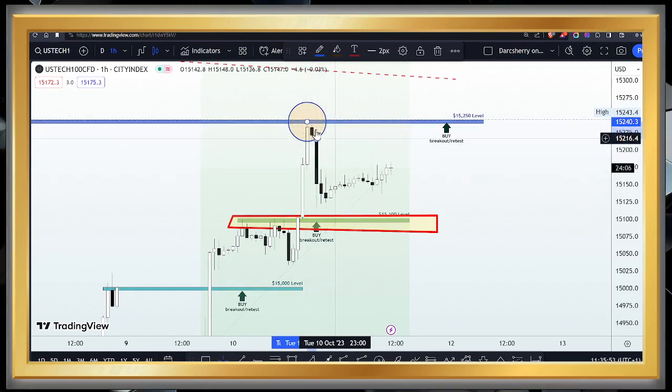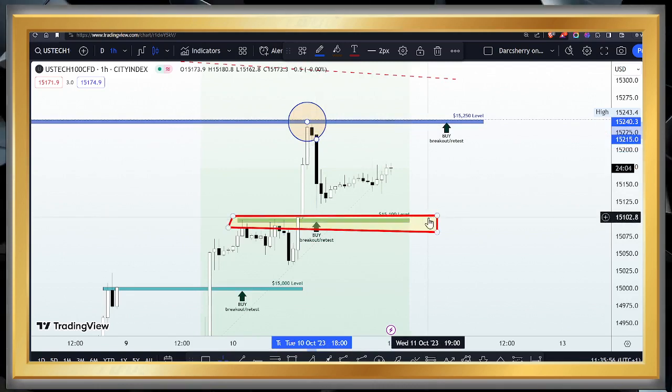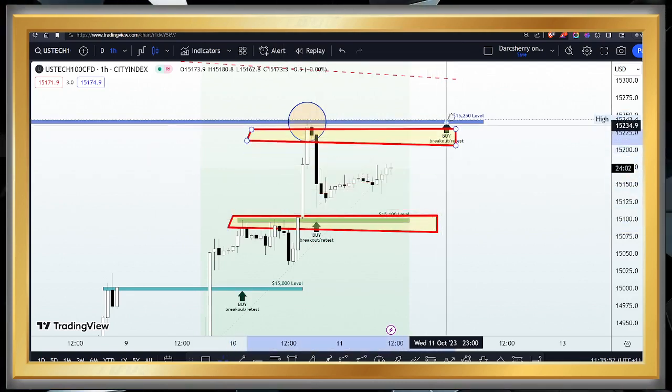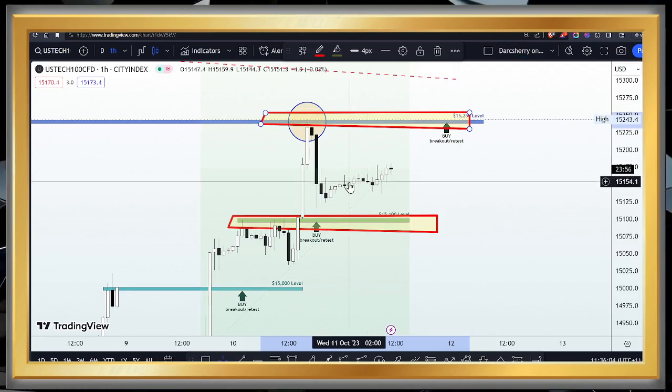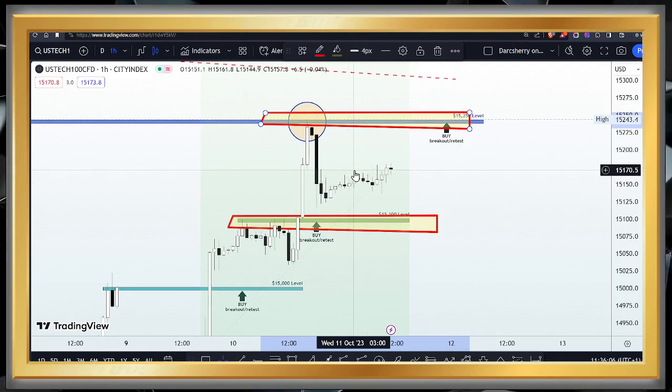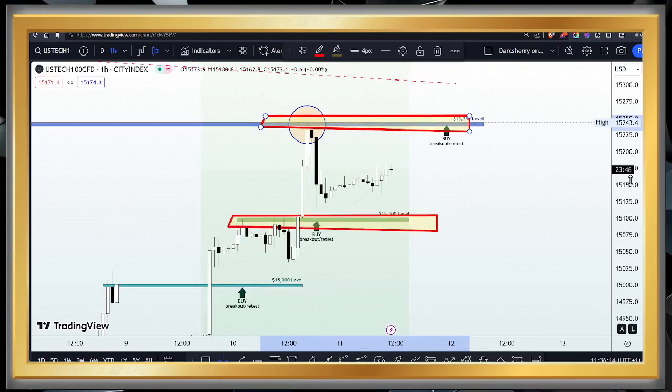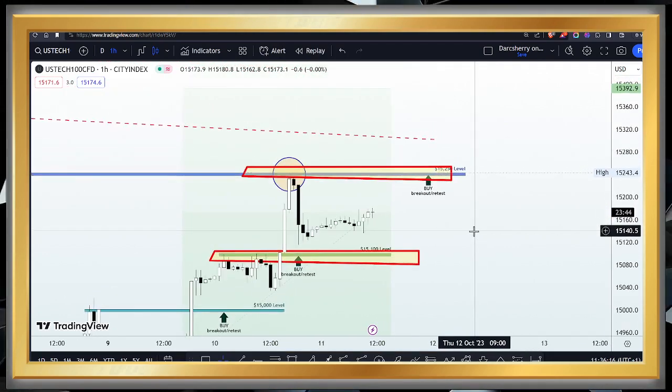Now, if I'm going to be adding more positions today, I want to see price take out this buy position at the 15,250 to capitalize on an uptrend continuation. Now, there are two ways to which we can capitalize on this move. Of course, for those who have been part of this session for a while now, you know how we do it. But if you are new, let me explain to you what we are going to be doing.